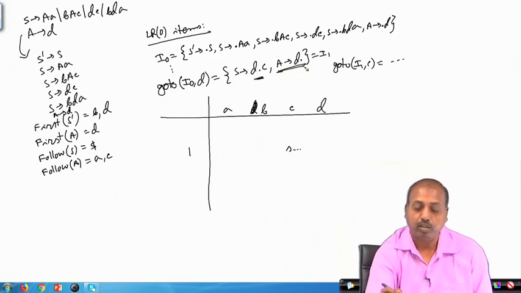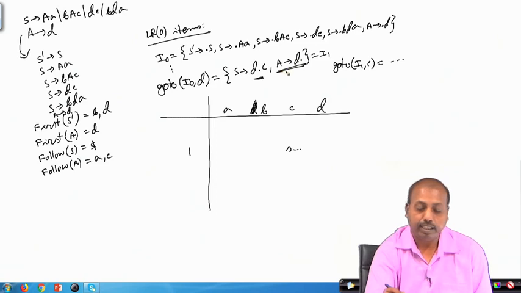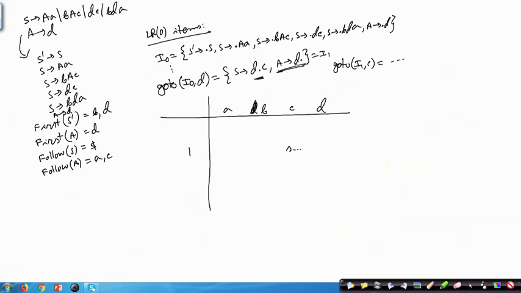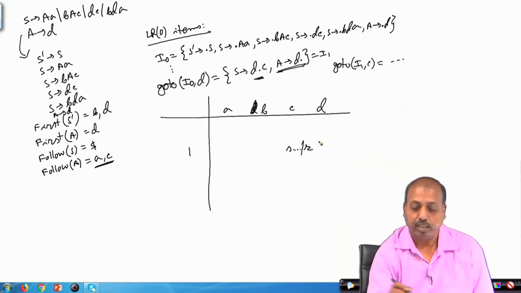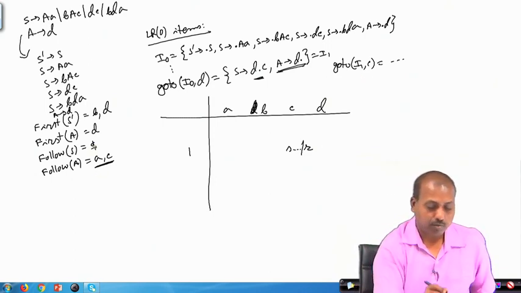A producing D dot says that you have to look into the follow of A and there you have to do the reduction. Follow of A is A and C. So, you can understand that this will give me a reduce by rule number, whatever the rule number is.